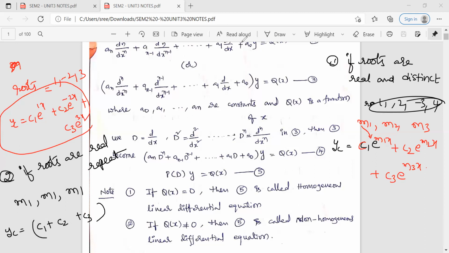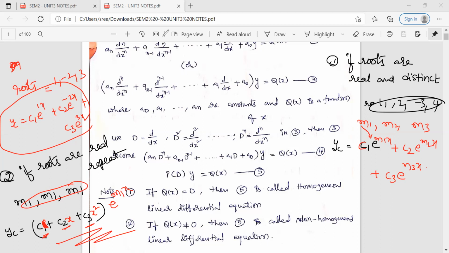And we add x function from here. Here we add x square. Here we have x naught, x power 0, that means 1, so there is no need to write anything here. Just we write C1. Here we write C2x and we write C3x square. What is the root here? Only M1. So here I write e power M1x. That's it. This is the YC for roots that are real and repeat.